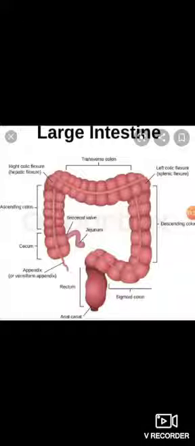Number 1, the large intestine is wider in caliber than the small intestine. The caliber is greatest at its commencement and gradually diminishes towards the rectum, where it is dilated to form the rectal ampulla just above the anal canal. Number 2, the greater part of the large intestine is fixed except for the appendix, the transverse colon and the sigmoid colon.